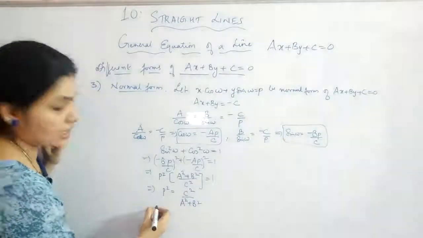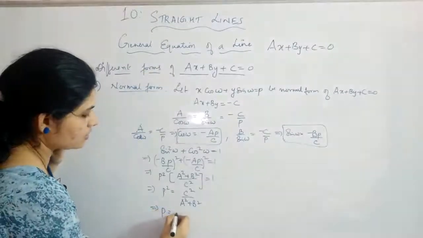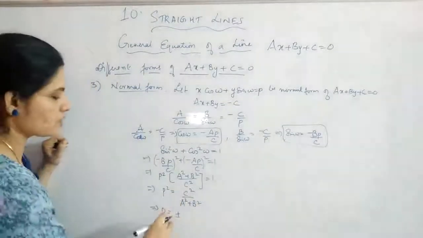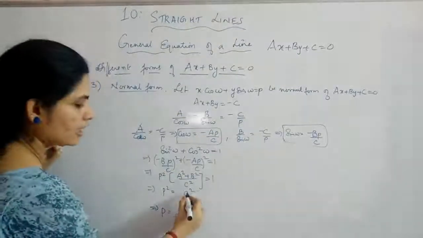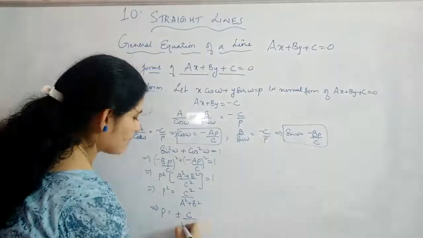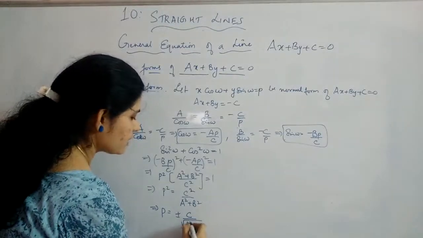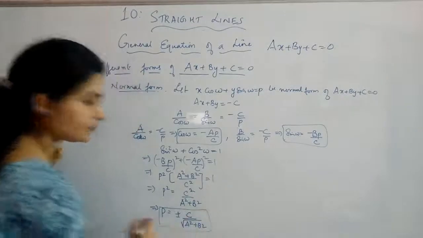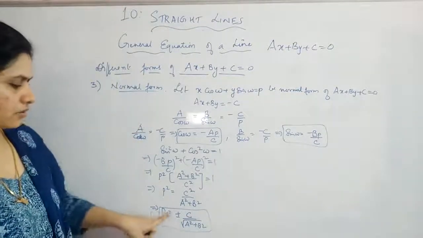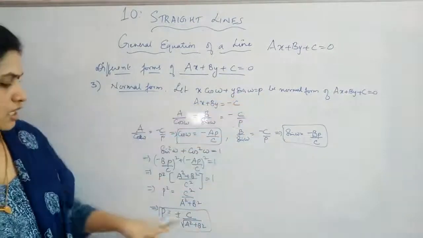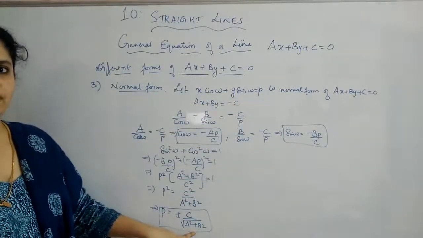That means what you are getting as p is equal to plus or minus, it will be root of, so it can be positive or negative, so it is plus or minus c by, numerator will have c square will become c, and denominator will have that root of a square plus b square. So here you got your p, right? Now see, you can just see that a, b, c, everything is contained in the given equation. So you have found out p in terms of a, b, c.